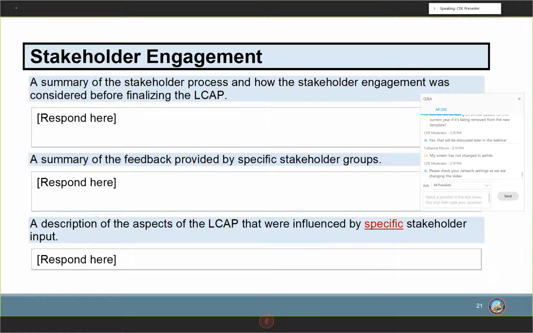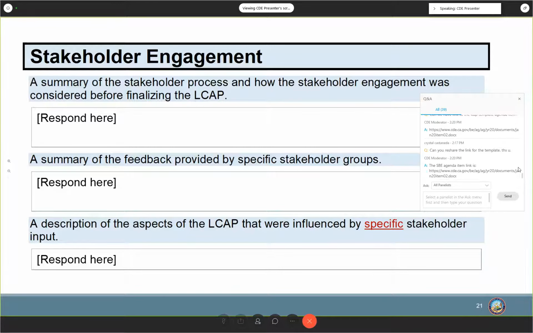And so consistent with statute, such stakeholder engagement should support that comprehensive strategic planning that Jeff described earlier in the presentation, the accountability and improvement across the state priorities and locally identified priorities. We know that local stakeholders possess valuable perspectives and insights about an LEA program and their services. Effective strategic planning will then incorporate these perspectives and insights in order to identify potential goals and actions to be included in the LCAP. As such, the LCAP development process should result in an LCAP that really reflects the decisions made through meaningful stakeholder engagement.